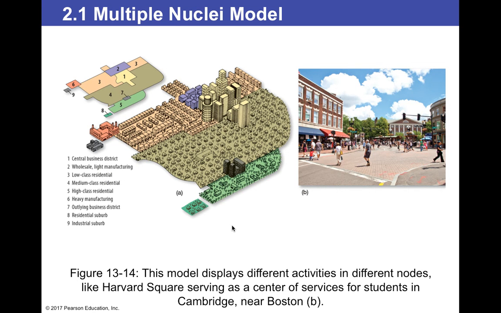Okay. Multiple nuclei. This is very much us. So what do we have? We have our central business district, boom, boom. Our wholesale light manufacturing, boom. Our low class, man, it just sounds terrible. Low class residential, boom. Medium class, boom. Heavy manufacturing, boom. Outline business,